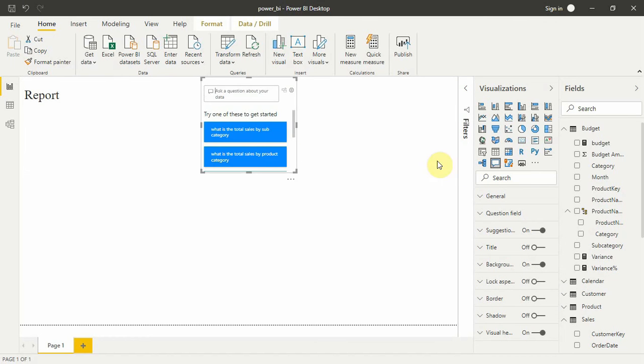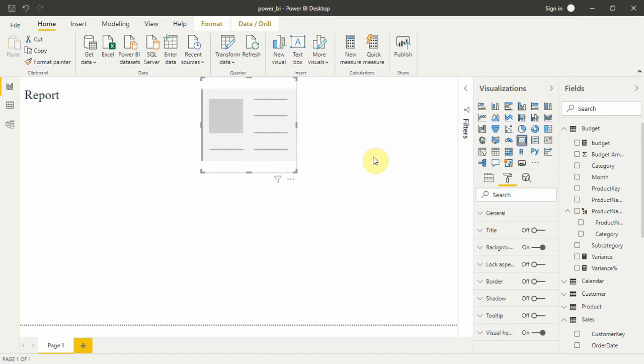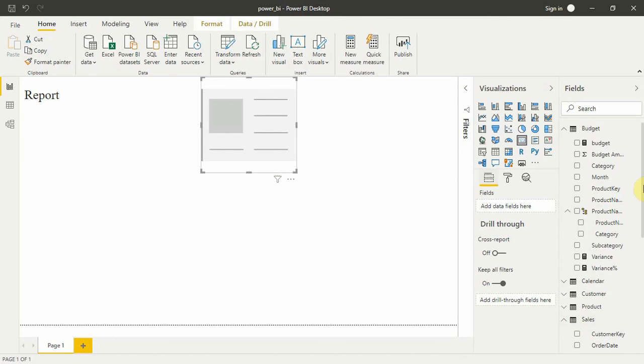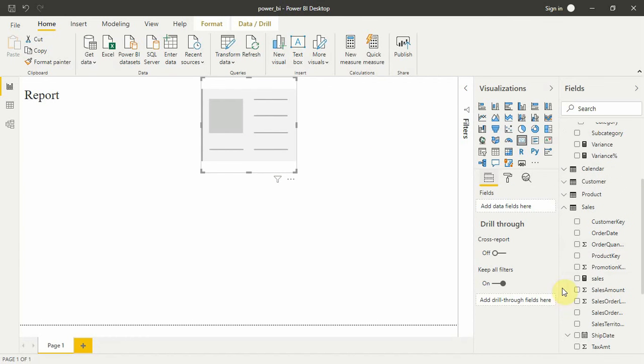Now let's add our card elements. So let's add one card element. In this, let's add sales first. We'll take our explicit measure that we just wrote.